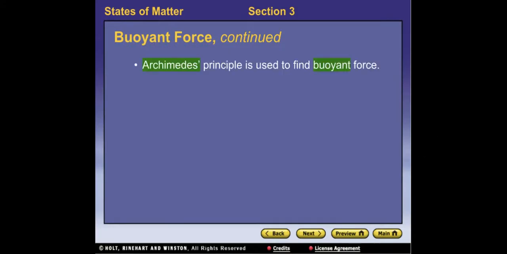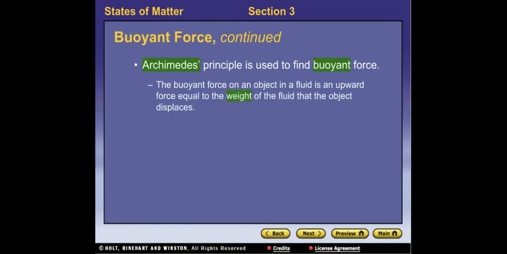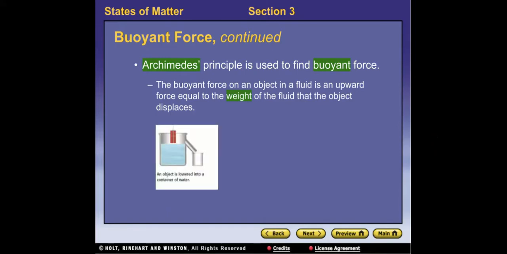So continuing on that, Archimedes' principle is used to find the buoyant force of an object. Buoyant force on an object in a fluid is an upward force equal to the weight of the fluid that the object displaces. And so when she was talking about the racquetball or the billiard ball in a tub of water, that's what she was showing: the buoyant force is going to be a certain amount